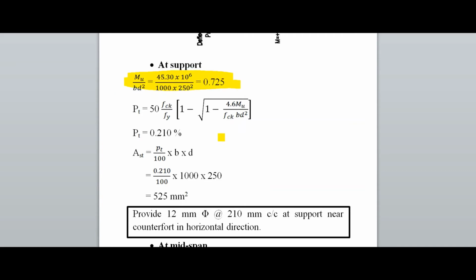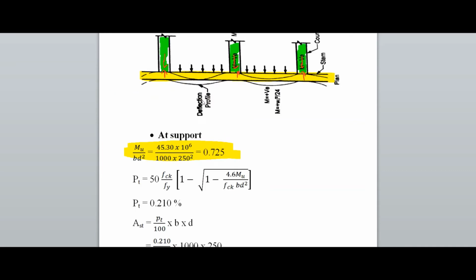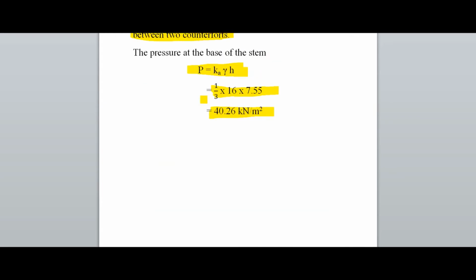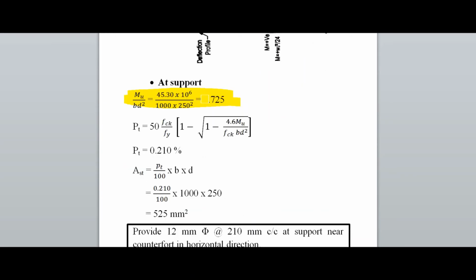If we calculate this, it is 45.30 into 10 raised to 6. Then 45.30 into 10 raised to 6 divided by B, 1025 whole square, so 0.725. So here is the equation: PT into 50 FCK by FY (1 minus 4.6 FY PT by FCK) BT square. So PT value is